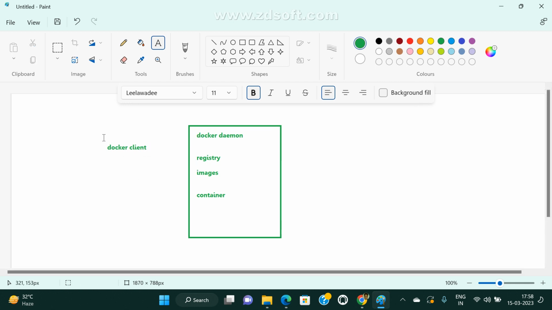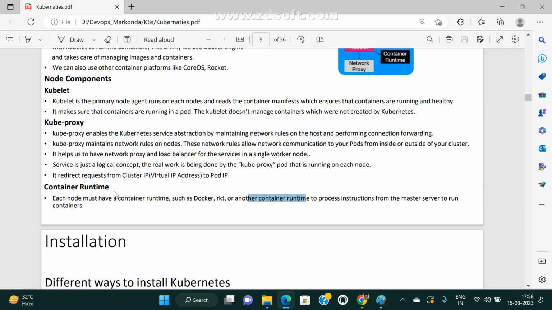If you send any request from the client, the request goes to the Docker daemon. The Docker daemon knows which one you want to connect with or call, and it works based on that. Leave it at that. This is the Docker hierarchy.